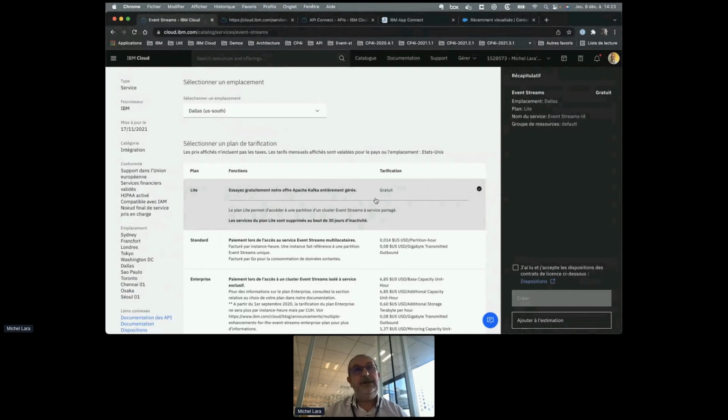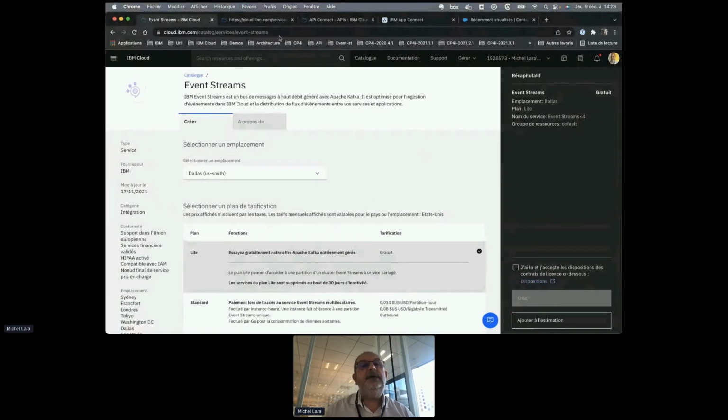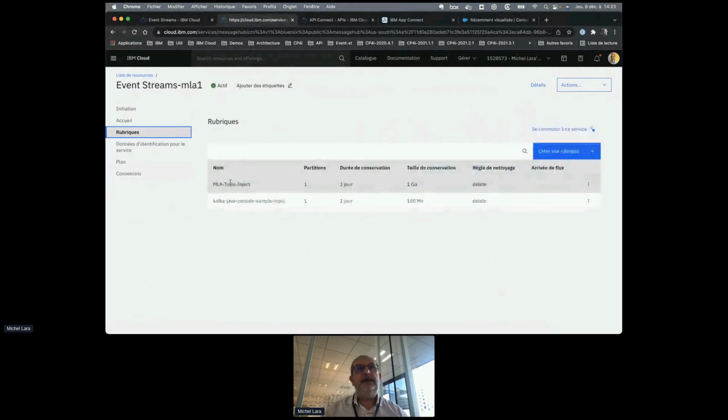All the flow I will show you just now is based on the free capability on IBM Cloud. Okay. So you can get this capability. So now just a look at the first service, Event Streams. This is Kafka managed on IBM Cloud as a service. I can see also my topic. Kafka is a pub/sub messaging paradigm, very famous. Of course, it's open source, Apache Kafka, and you can find it as a service on IBM Cloud. So this is my topic.